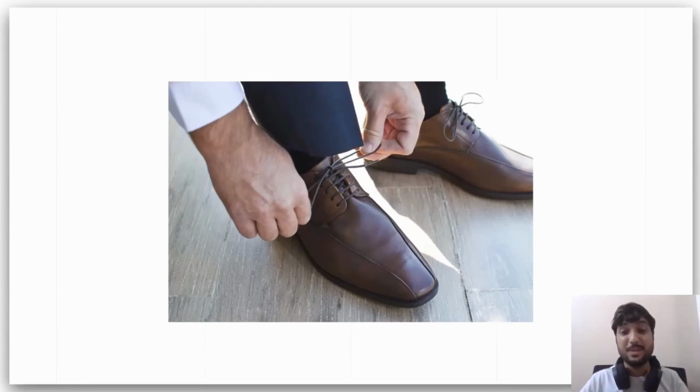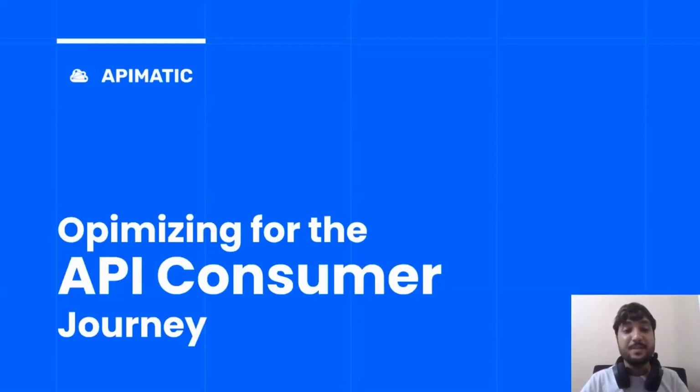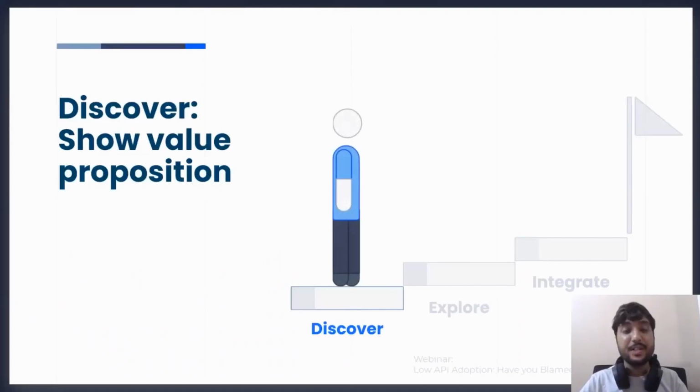Now the big question is: what parts of the API portal can we optimize to make these three phases go well? So to optimize for the API consumer journey, we are going to drill down into each